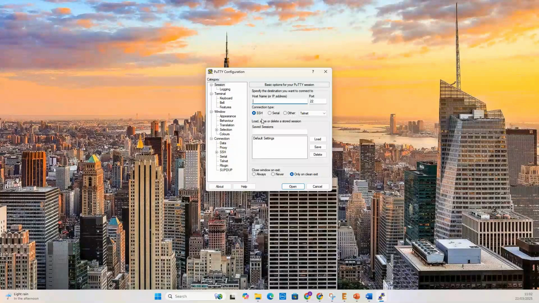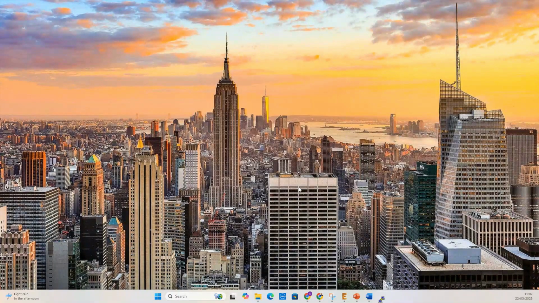You can also do different serial communication with the software. In that case, you have to select Serial and you have to select different options for your serial communication. So now if we give the IP address of our Raspberry Pi and click Open,